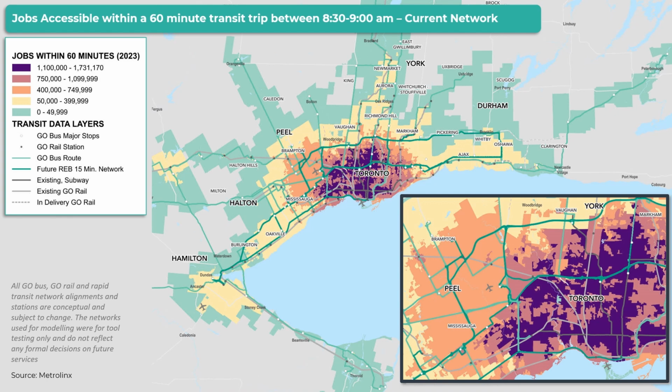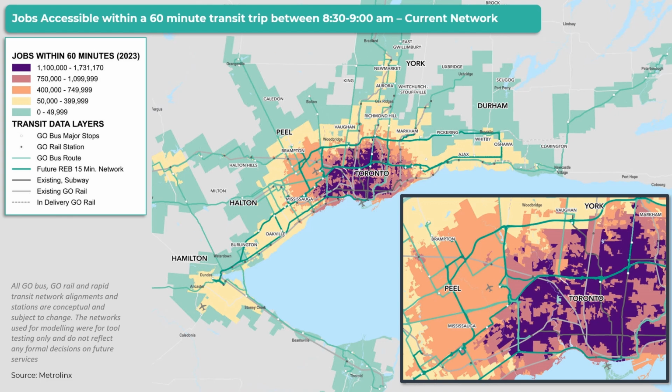Notably, transit access is strongest near major employment centers and along the width and breadth of subway lines. Relative gaps are noted in Scarborough, however, which is very clearly shown, I think, here. Outside Toronto, in Mississauga, Brampton, and a swath of areas in southern York Region, significantly fewer jobs are accessible via transit in the AM peak. So again, this is a quick graphic to show the effectiveness, really, of the transit system in the AM peak at accessing jobs.